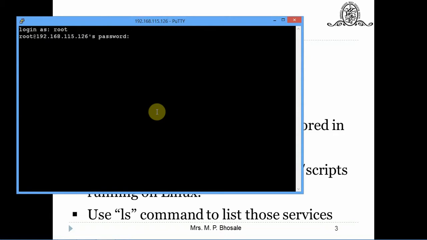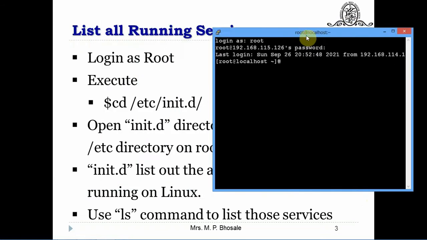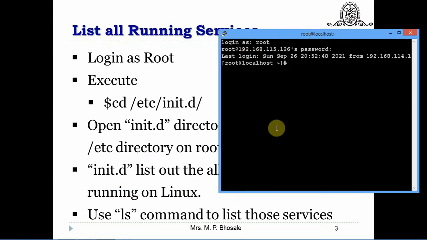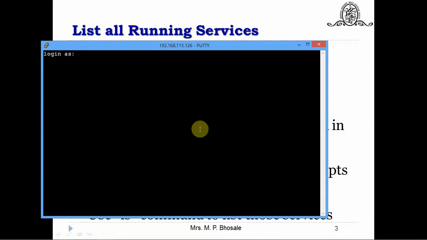As I told you, we have to use the cd command and go inside the etc directory, so I can write cd /etc/init.d, and when you press enter, we log into the Linux terminal as the root user.